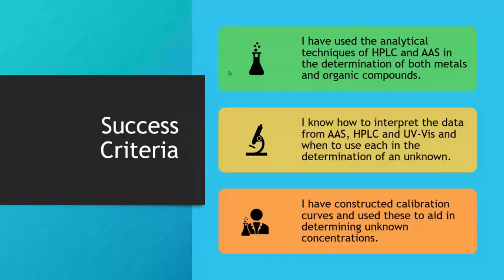So now we're at the end. We're actually doing the success criteria. So today you wouldn't have used it, but you would have observed how the HPLC, AAS, and UVs work in determining concentrations. You know how to interpret the data briefly. You'll get to hopefully do a bit more of that in year 12, though. And you will have constructed calibration curves and used them to determine unknown concentrations. And you'll do more of that in the post work, which is a bit more focused on the actual calibration